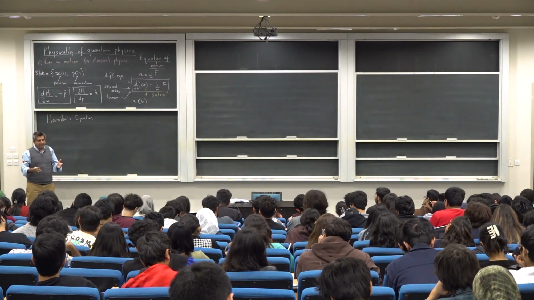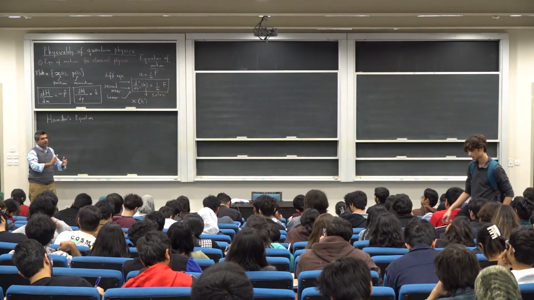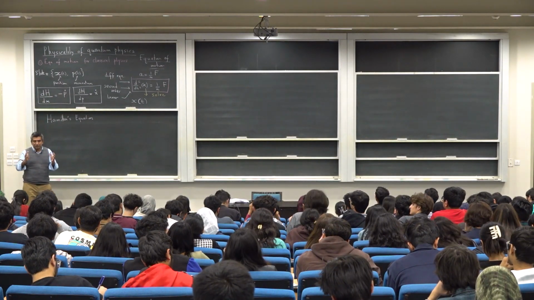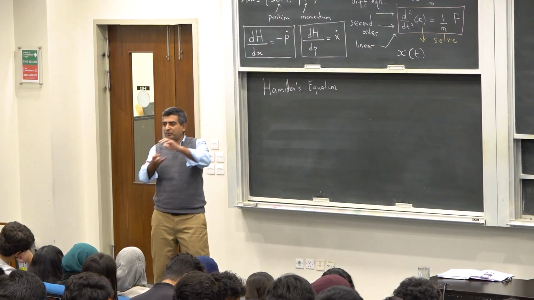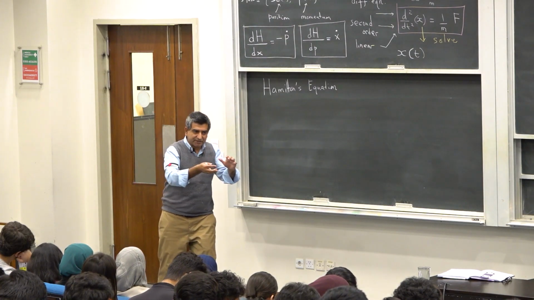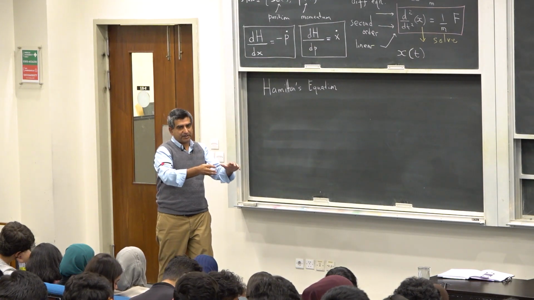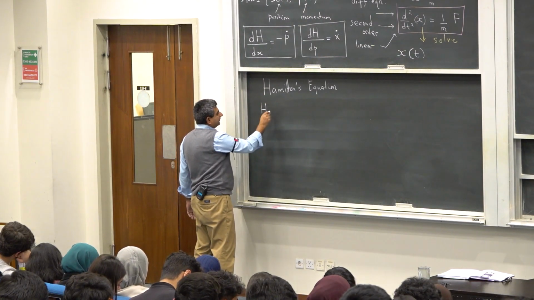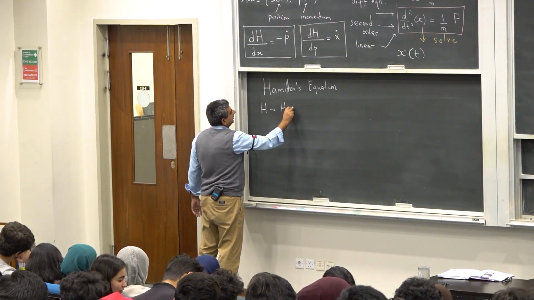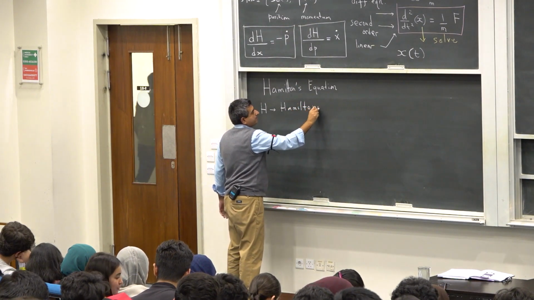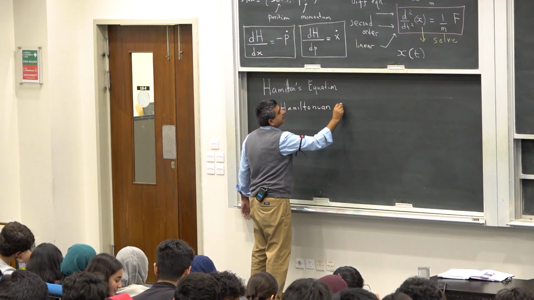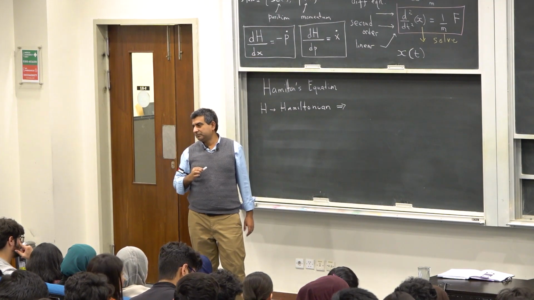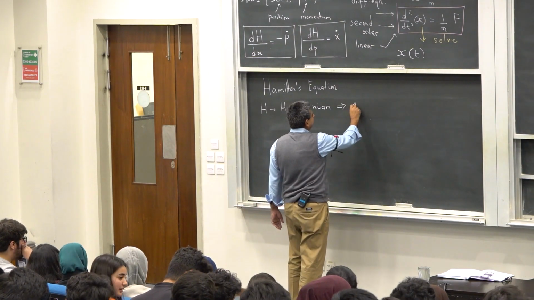So truly and really, even in classical physics, the equations of motion are first order. It's just that there are two of them, because the state has two variables. There's a position variable and a momentum variable. So you need to tell how the position changes with time, and you need to tell how the momentum changes with time. Now what is h? H in classical physics is called the Hamiltonian. In classical physics, this is just another fancy way for the energy. It's a fancy name for the energy.